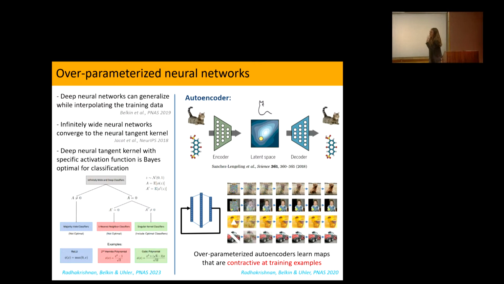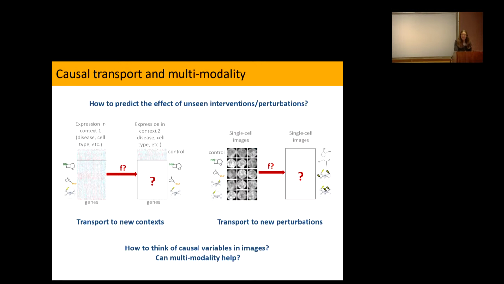Now, of course, there's no standard definition of what generalization means for representation learning, but our suggestion of what you would want it to be is somehow close to the identity map, but still attractive at the training examples. So these are always the autoencoders, or the frameworks for generative models, that we're going to use. These autoencoders that are highly overparameterized, that have these large latent spaces, we're going to use for these types of questions that we have here.